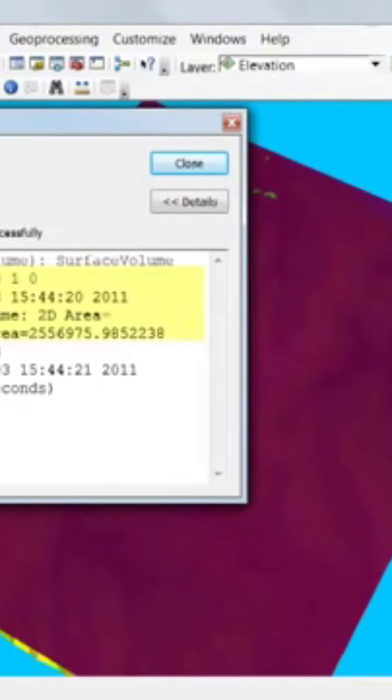Looking at the results, we see that the 2D area is about 2.1 million square meters, while the 3D area is about 2.6 million square meters. The volume is 117 million cubic meters. It will take a while to move that much earth. If you want to get